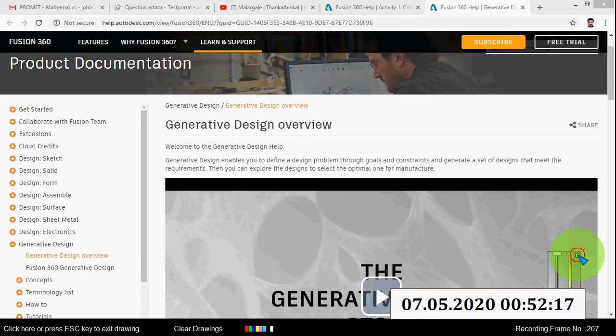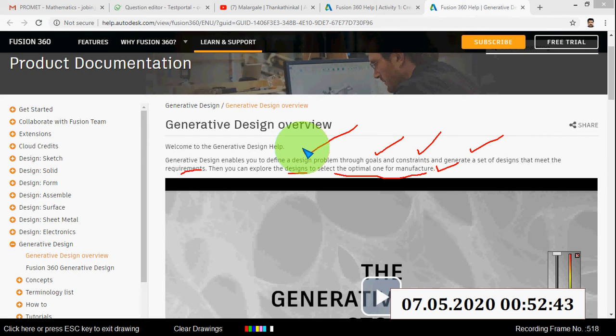So here, generative design enables you to define a design problem through goals and constraints and generate a set of designs that meet the requirements. Then you can explore the designs to select the optimal one for manufacture.